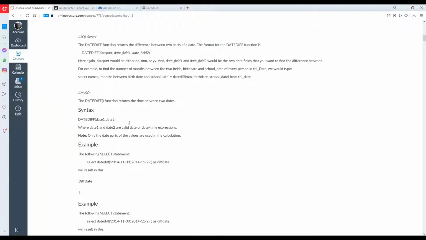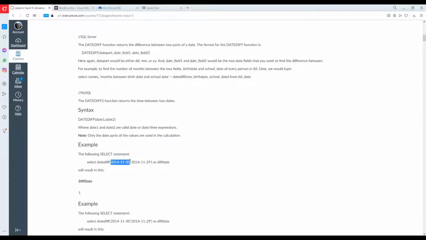For MySQL, we have a different syntax. So we also have the DATEDIFF function. However, we only accept two parameters, date column 1 and date column 2, and it returns the difference in the number of days. Okay. So for example, you can see here,